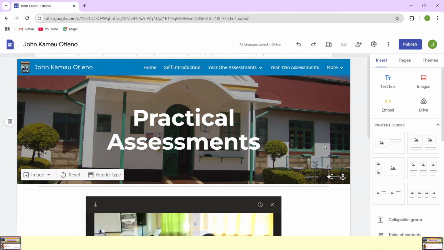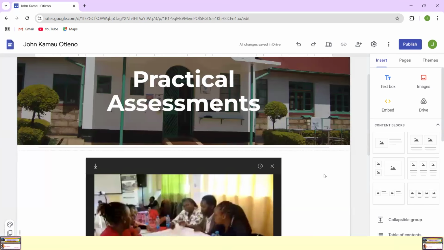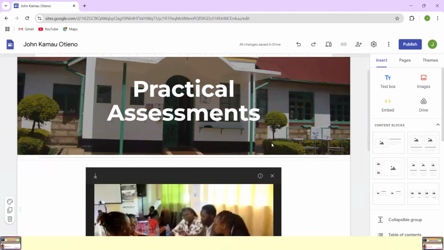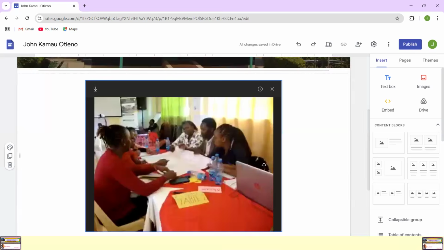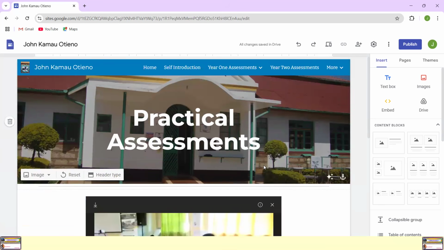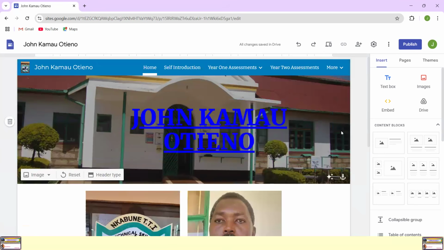Next, once you have uploaded your items, you can also add other things that you want, as long as they are explaining something to do with the assessment, including the marked checklists, etc. Now, I want to go back to home. Let's see what is in home. This is our home